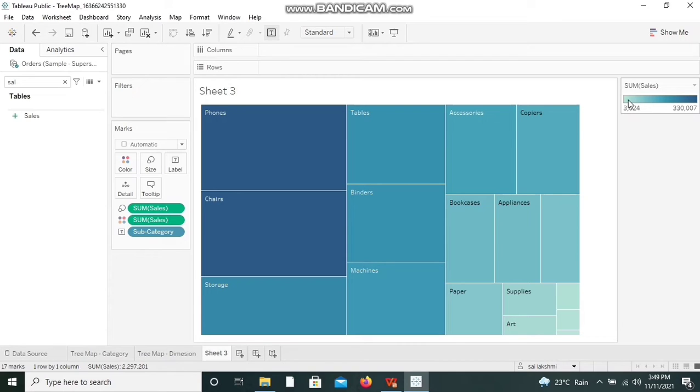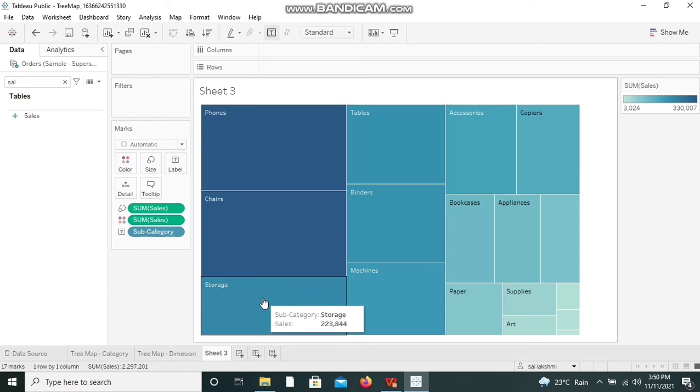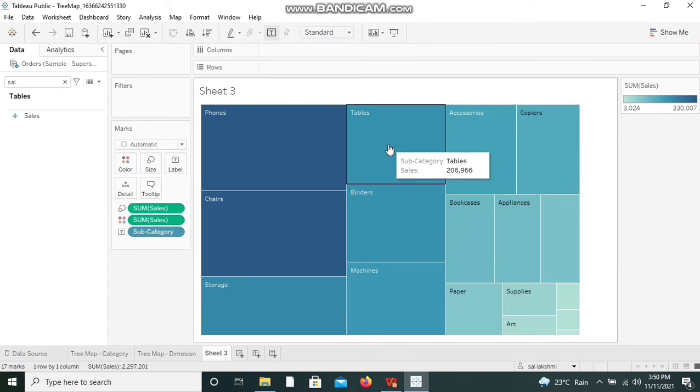So the least value will be displayed in a pale blue, and the highest value will be displayed in the thickest color of blue, which is navy blue over here. As soon as you see this, you will be able to understand phones have the highest sales over here, and then we have chairs, then storage, and then tables.